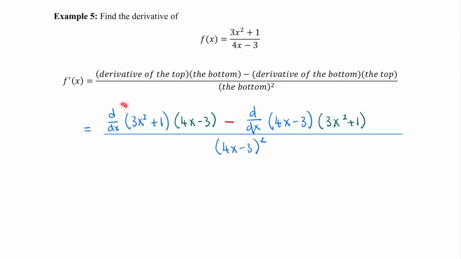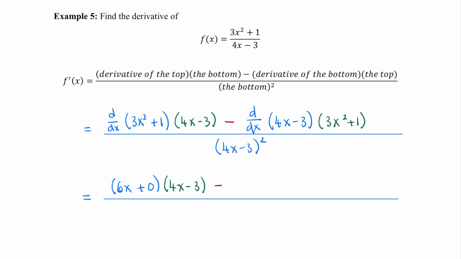Next, we need to find the derivative of 3x squared plus 1 and the derivative of 4x minus 3. To take the derivative of 3x squared plus 1, we need to take the derivative of 3x squared and the derivative of 1 separately. The derivative of 3x squared is 6x, and the derivative of 1 is 0. So we have 6x plus 0, multiplying by 4x minus 3,